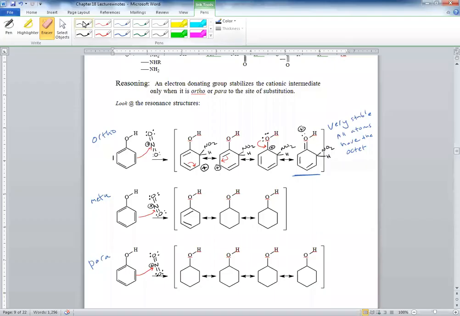So let's do the meta now. Remember the meta, I already put these there. The meta would be attached right here, because that's the meta position. Of course, it could be on the other side, but it's easier to start here. So here's our positive,